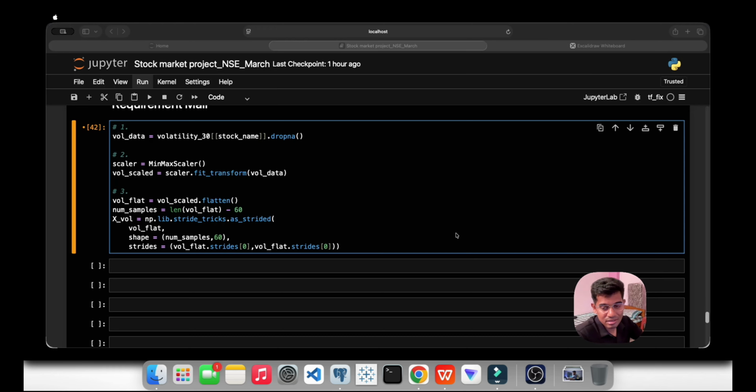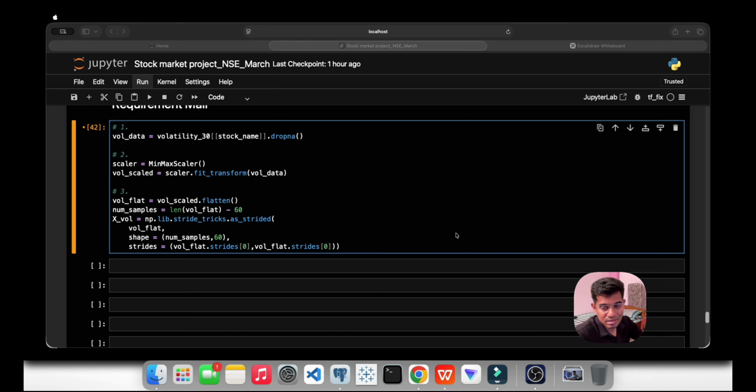Simple. For the model we will write model, any variable name you can give, no worries for that. And it will be a sequential model. We will be creating a sequential model. So let me write each and everything: sequential, then I will explain step by step. Then I will write GRU. I will explain each and everything, so just chill. I know you will be feeling like what I am writing, but no worries.